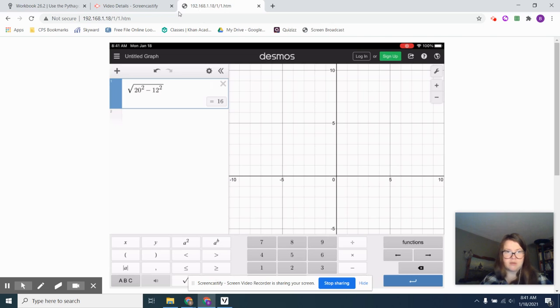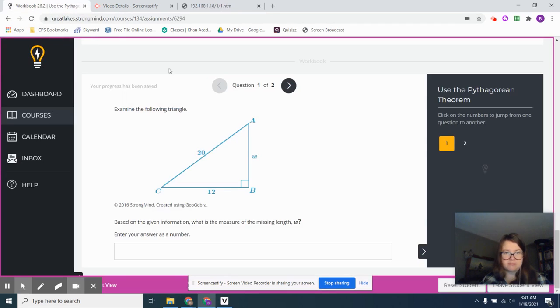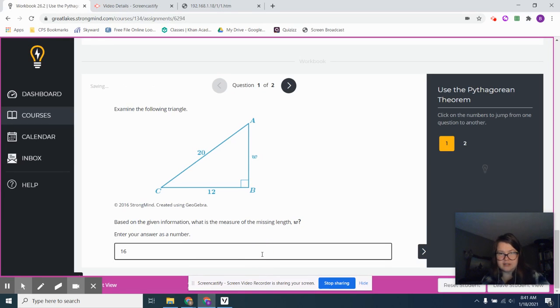So coming back to our actual problem. So what is the thing? Write your answer as a number. It is 16. And the second one